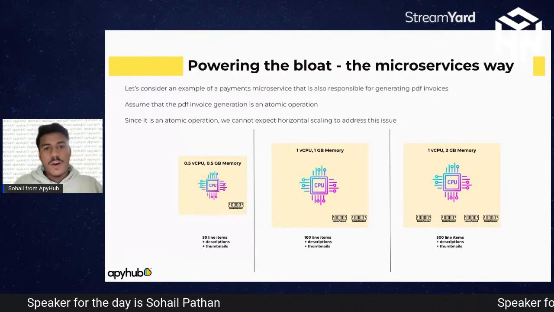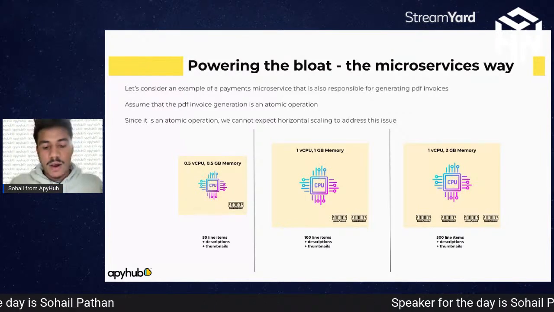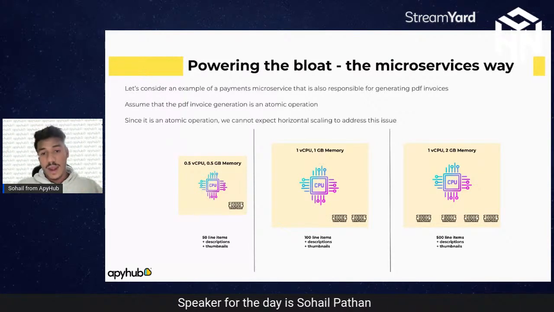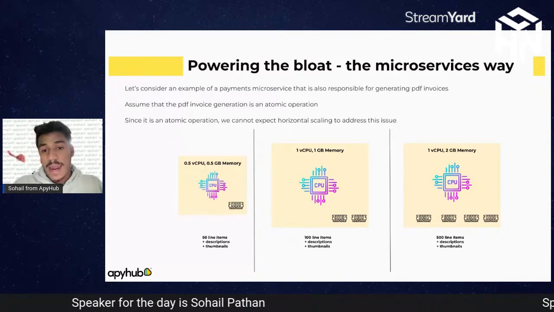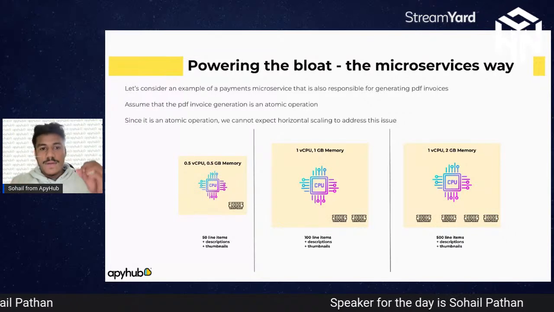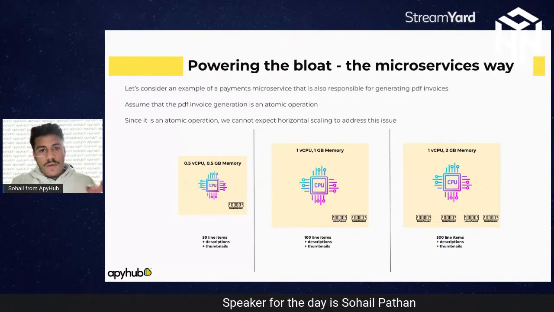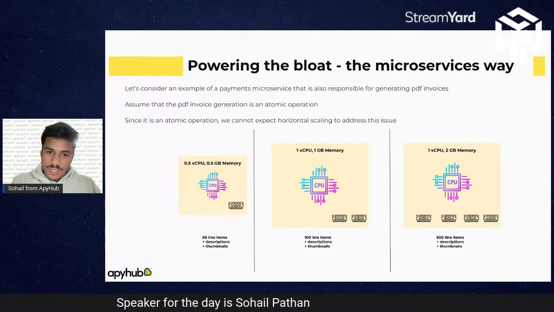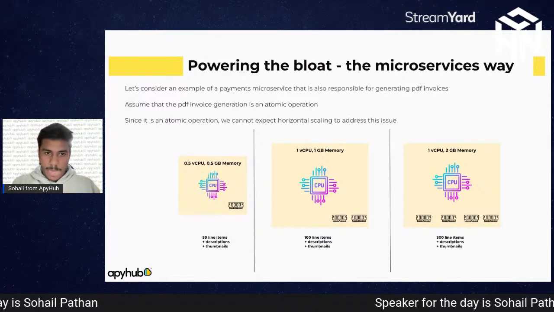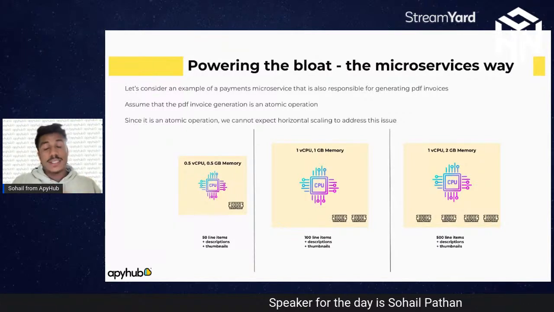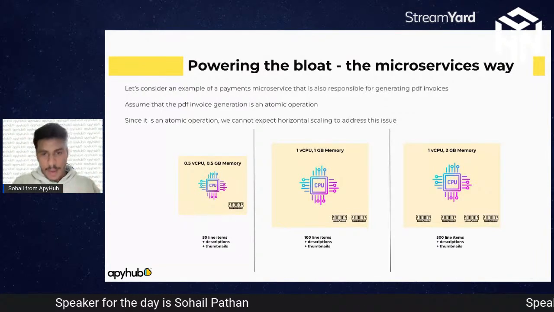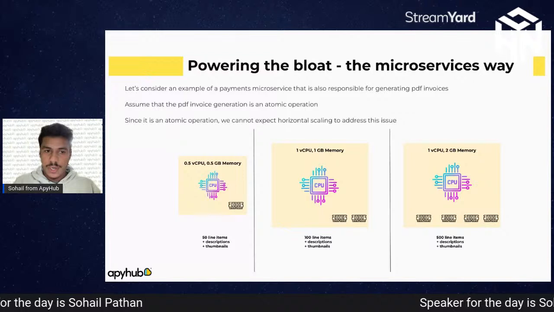This is an example of making a payment service. Let's say any SaaS application is going to use a payment service. Maybe some of you are going to build your startup, and you also have to add the payment module. In this example, we are creating a microservice for performing PDF invoice generation as well as payment. Once the payment is done, the invoice would be generated. And since this is going to be an atomic operation, any order that comes, this operation has to happen. This is the very crucial part.